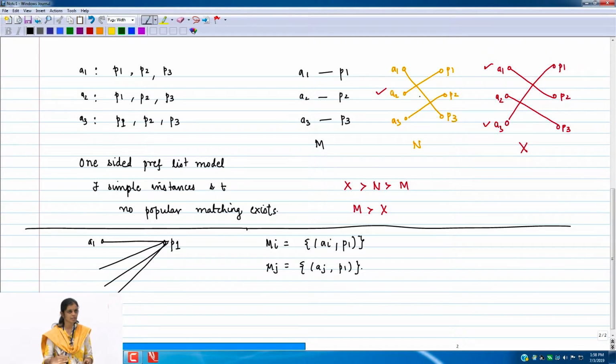So it has nothing to do with the number of applicants getting matched, but it has inherently to do with the way the preferences are arranged, right. So what we learn from these two examples is that there can be instances where there are no popular matchings, there can be instances where there are many popular matchings,